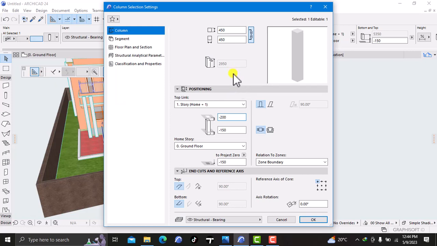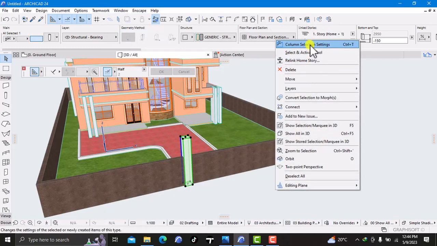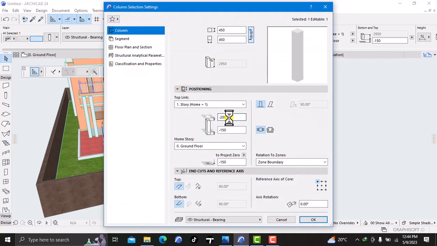That's 2950. Okay, let's work with 2950. 2950 is still quite high. So column selection settings to negative 500. That gives me 650, which is still high. Negative 700